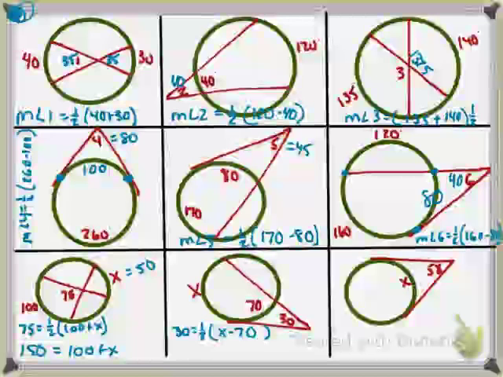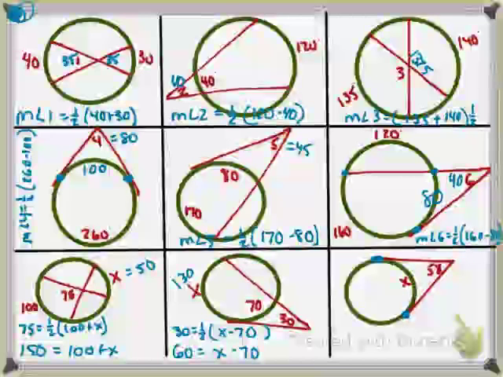Like the last one, multiply both sides by 2. And then we would add 70 to both sides, giving us 130. Last one, half the sum or half the difference? Half the difference. Now x goes from edge to edge around there, but we need to know what the other